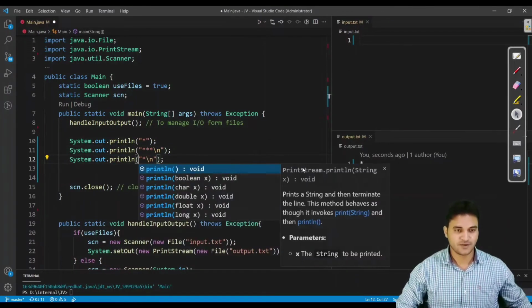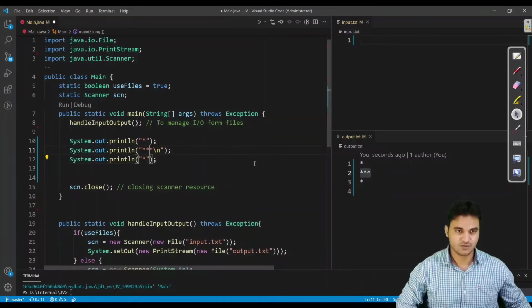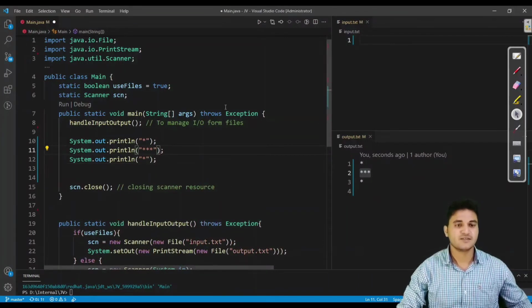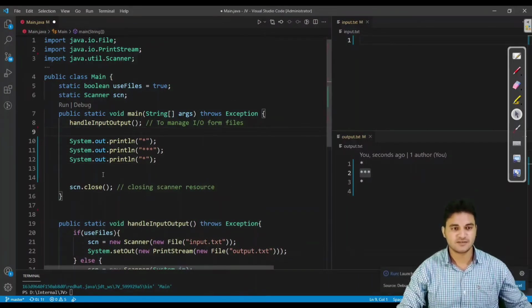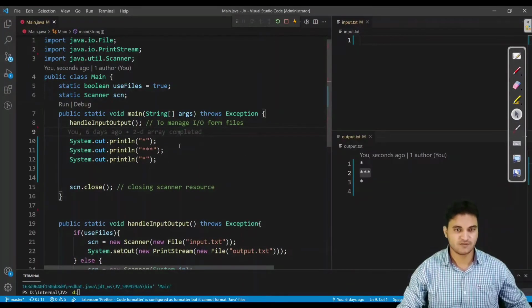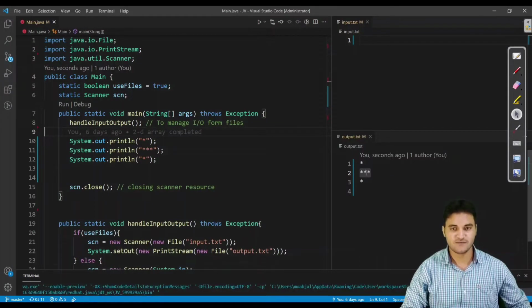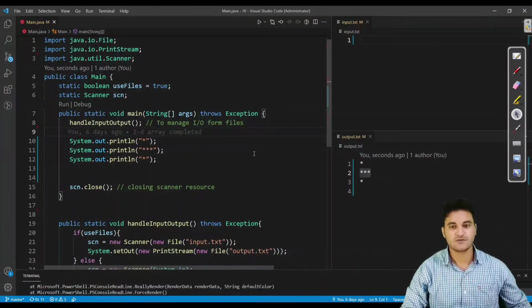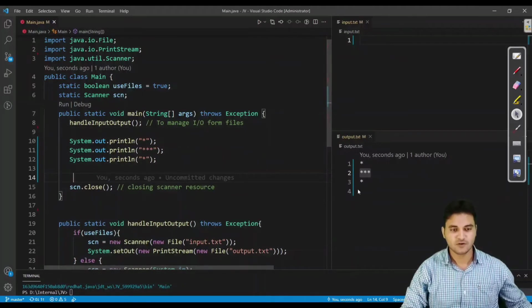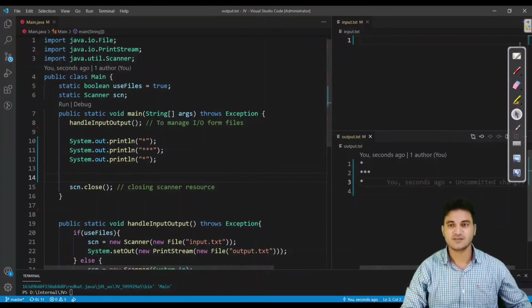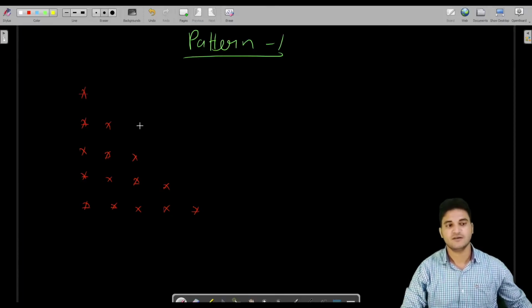Same thing we can do using this also. So the println method, what it does is it simply appends \n internally at the end of the input string which we have provided to it. So that will also work in the same way. Let us see it working, like how it is going to print in the output. As you can see, the output is "program is complete", so it has printed the same way. So this is the concept which I wanted to explain before coming to this.